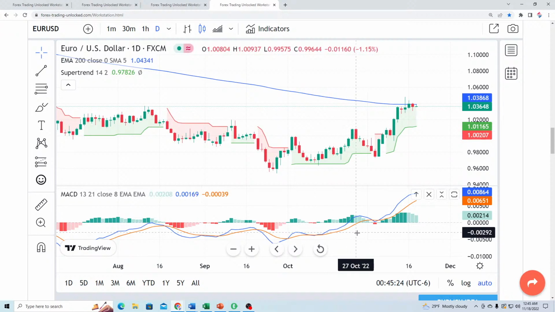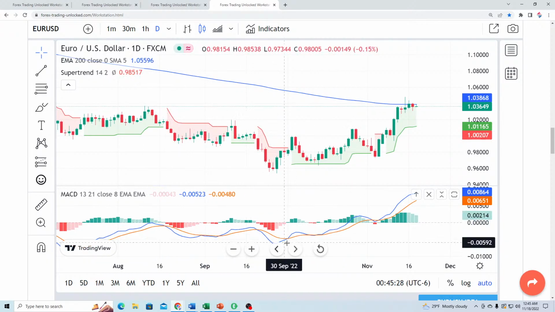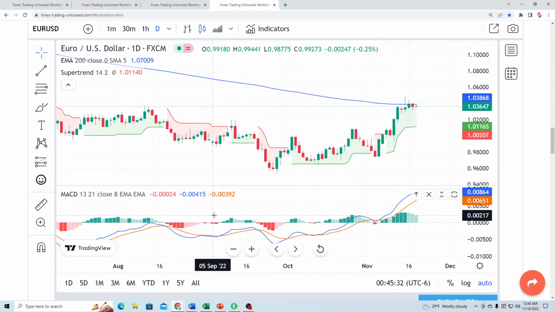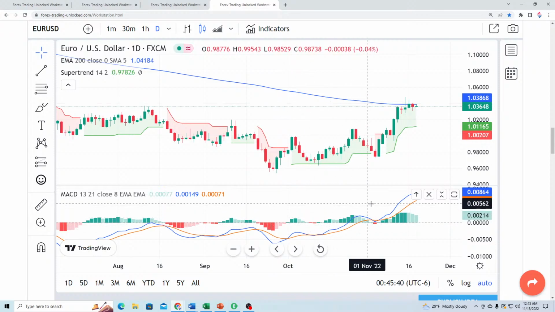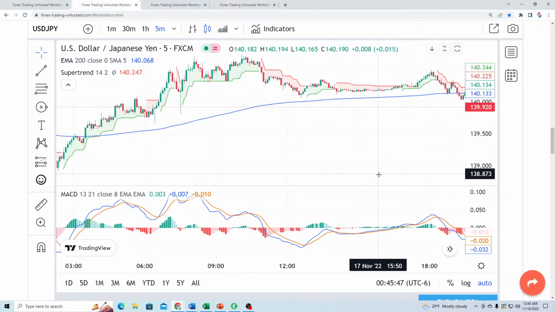MACD here, we have the histogram in the middle, and then we have a moving average that is crossing over and trending either below or above the histogram. We take buy signals when the moving average crosses over below the histogram, we take sell signals when the moving average in the MACD crosses over above the histogram. Okay, so now that we've got that,